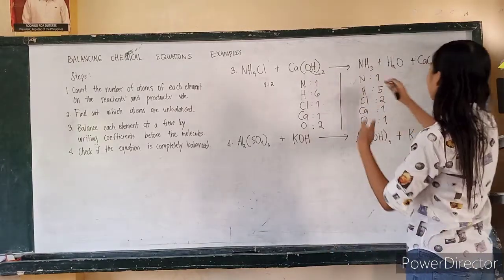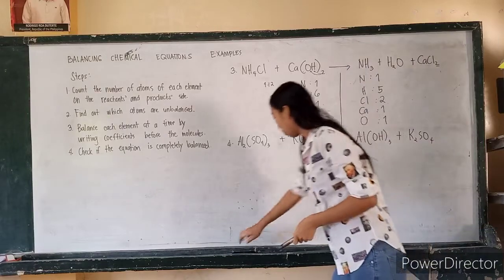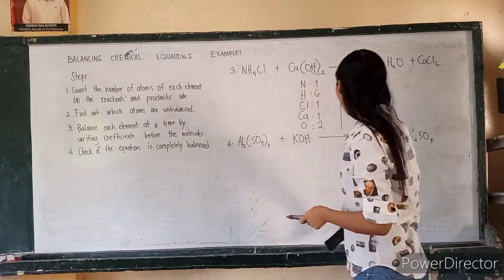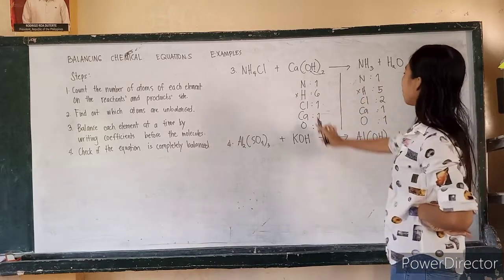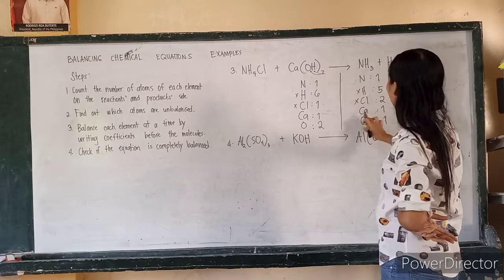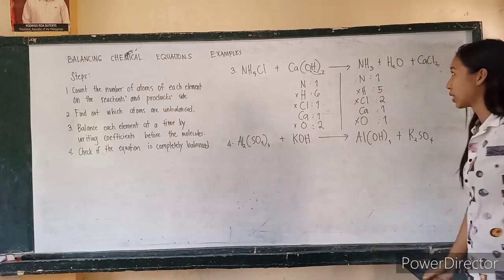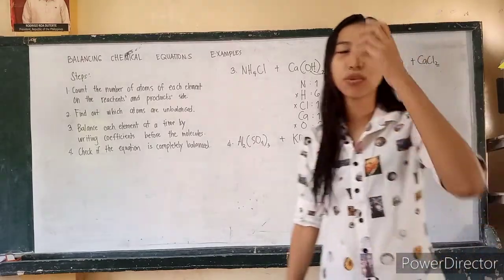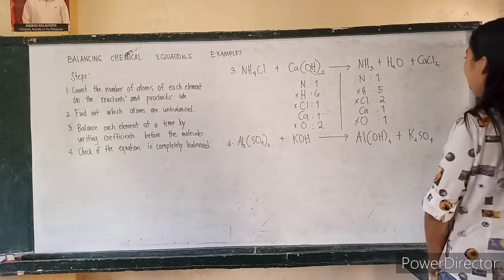Which atoms or elements are not balanced? So, you have N, it is not balanced. Your H is not balanced. Your Cl is not balanced. Your calcium is balanced, your O is not balanced. So, let us first balance those atoms that are not balanced, of course. So let us start with